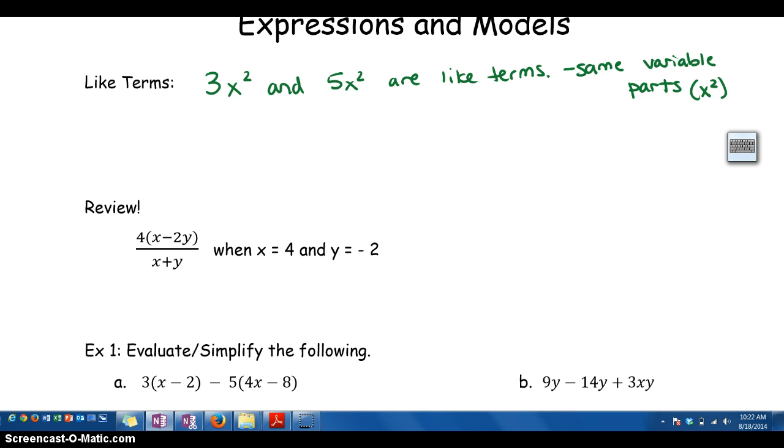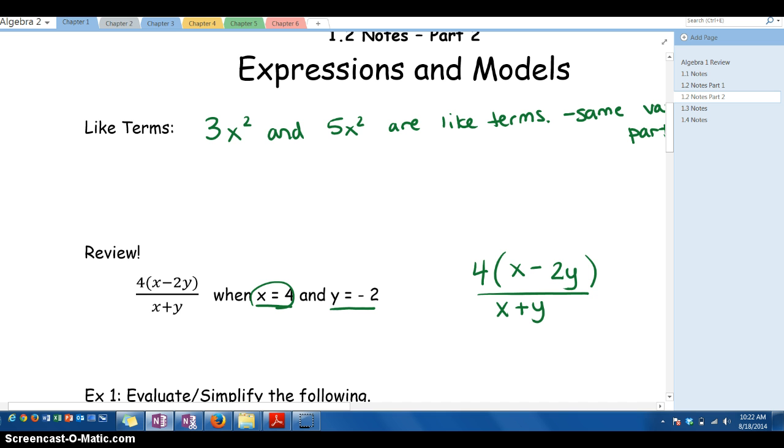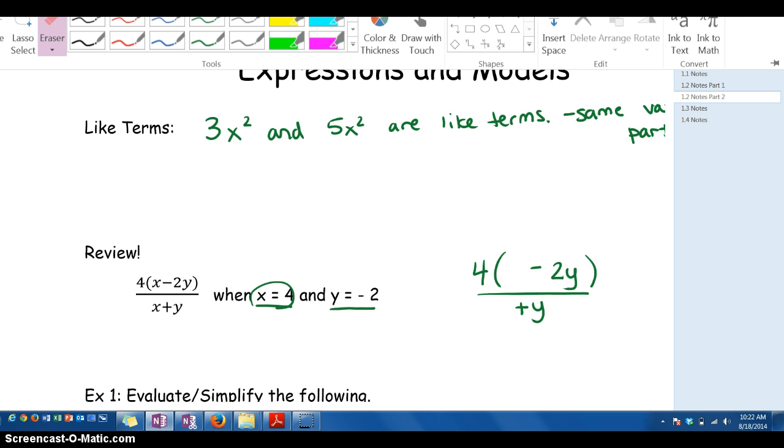Looking at 4 times x minus 2y, divided by x plus y. So it says when x equals 4 and y equals negative 2. So we have the expression 4 in quantity x minus 2y divided by x plus y. And we're going to replace the x's with the 4. I'm going to minimize it a little bit, get my eraser, and erase those x's, and we're going to replace those